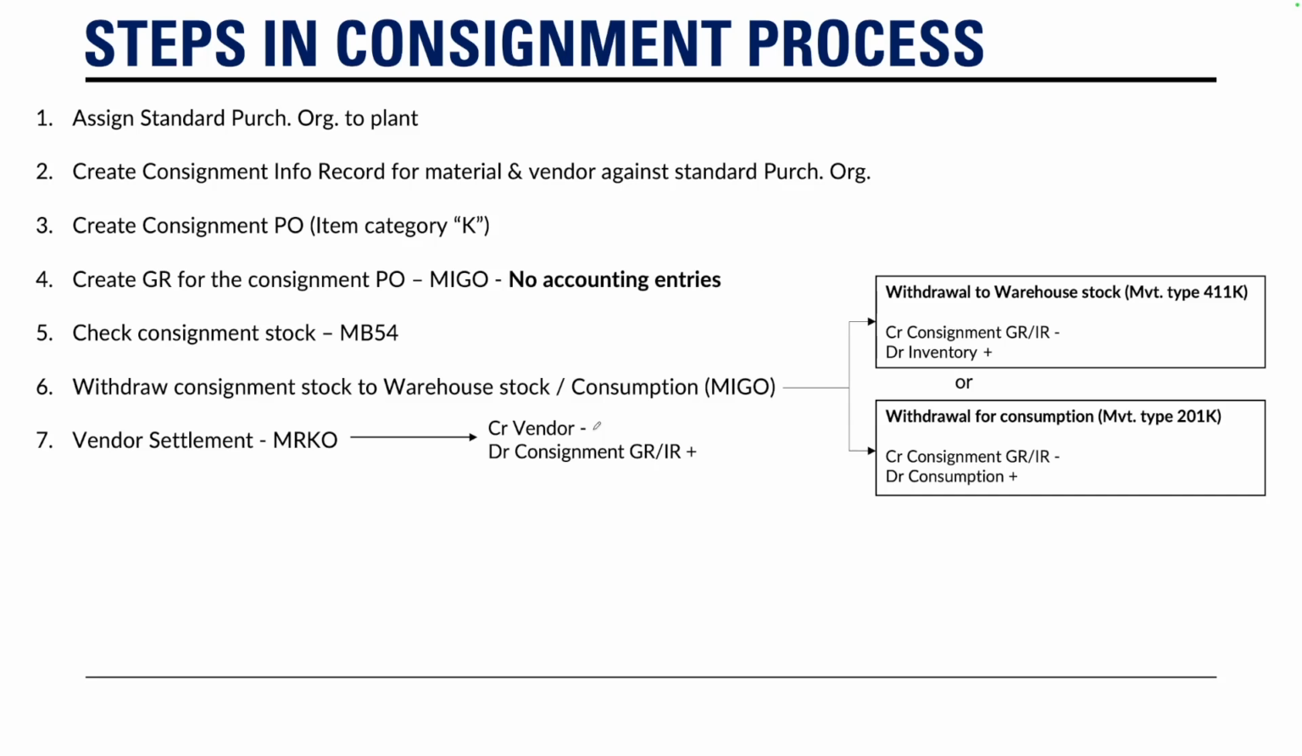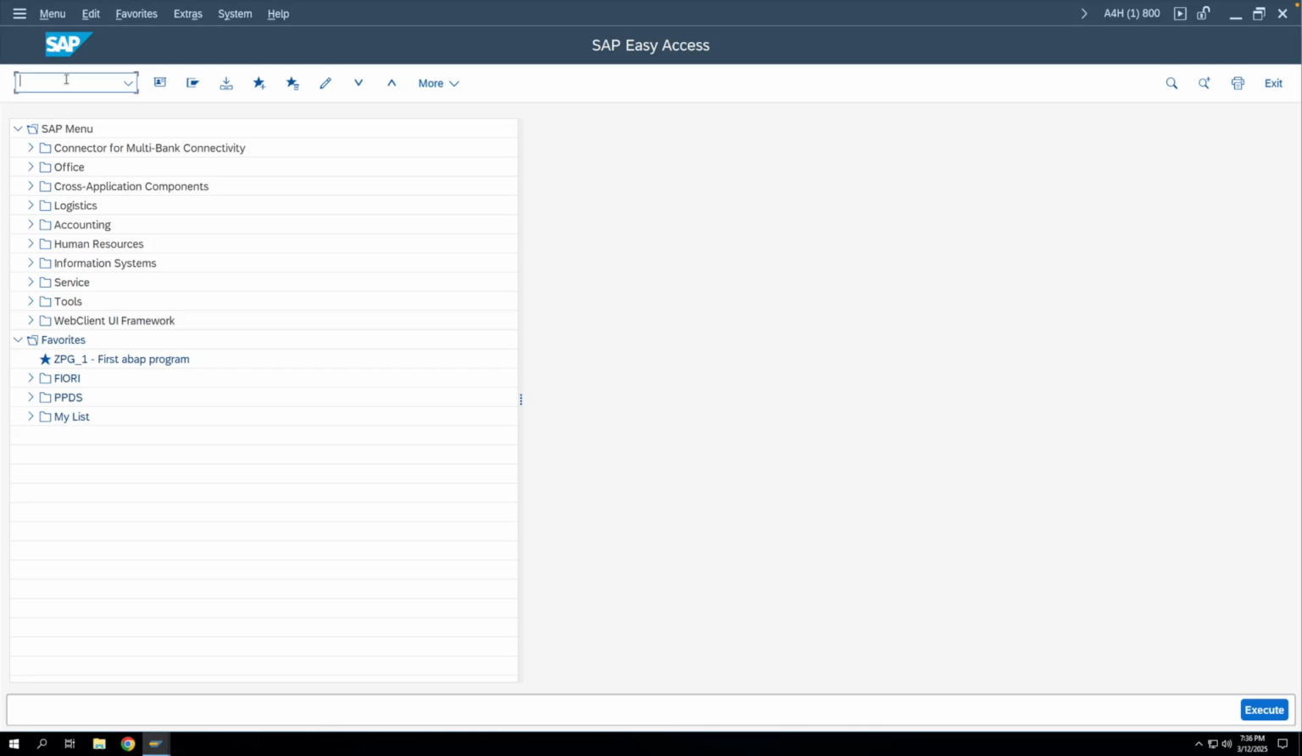Now let us move to SAP and see the demo on how we can do the end-to-end cycle of the consignment process. Now let's see the end-to-end cycle of the consignment process in SAP. So the first step that we have to do is to assign a standard purchase organization to your plant. To do that, we'll go to SPRO,